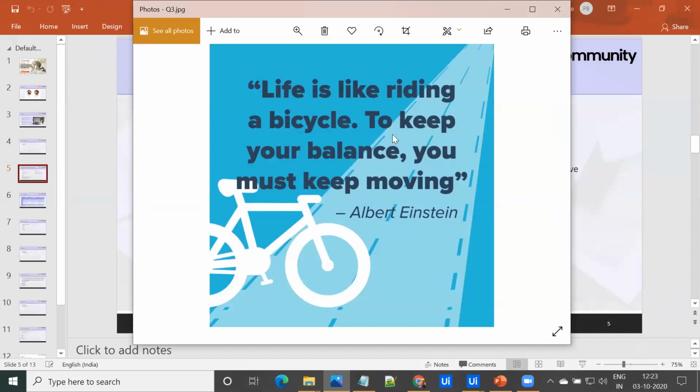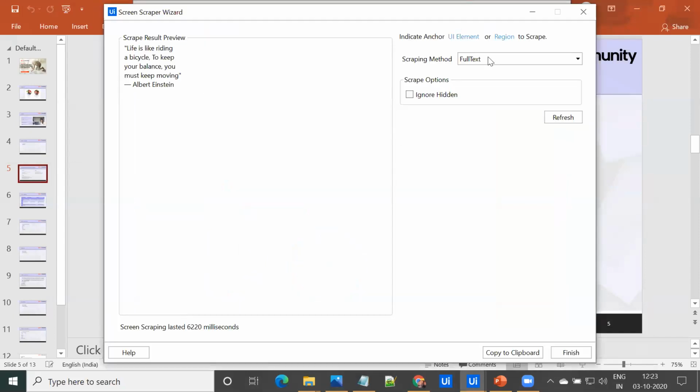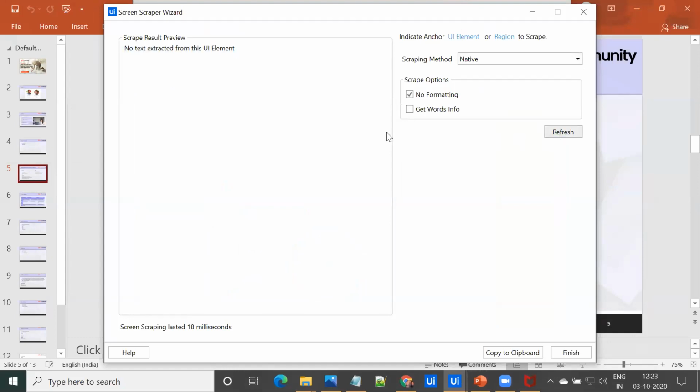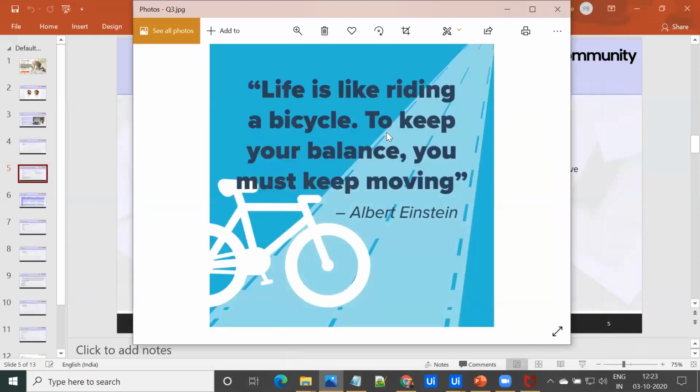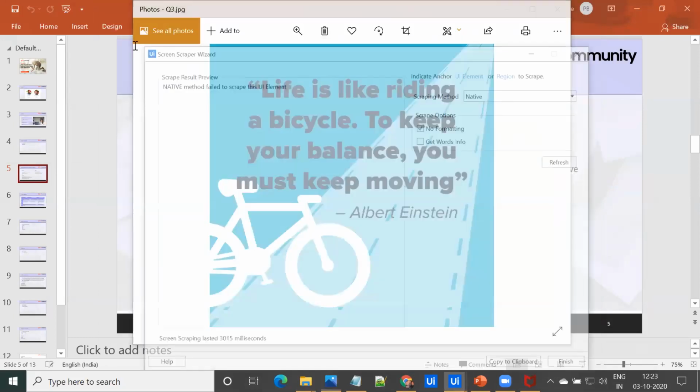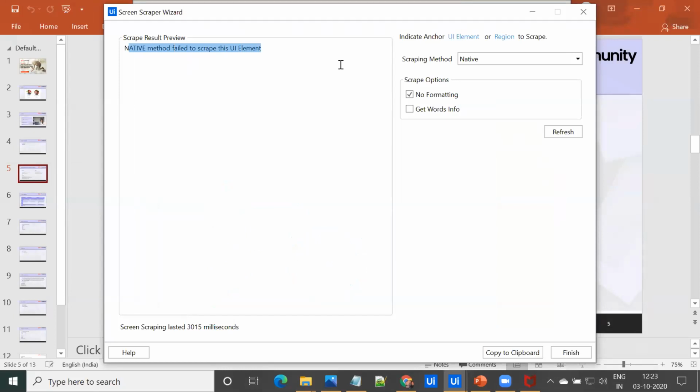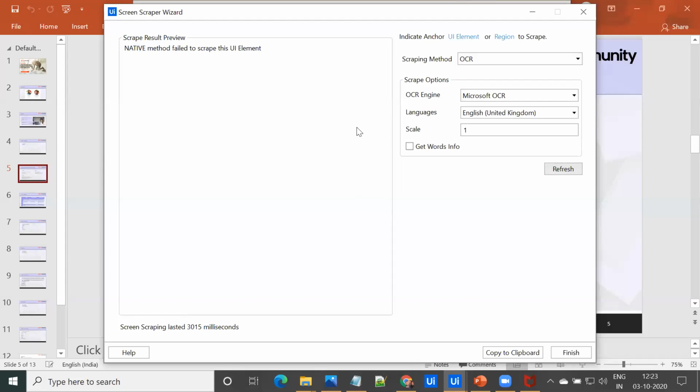I told you it is slower, so it takes time, and you can see that we are getting the result. But if you select the full text method and refresh it, you can see that no text is extracted from this UI element. And if you select native and refresh it, again, the native method has failed to scrape the UI element. So OCR is the best suitable when we want to extract text from an image.